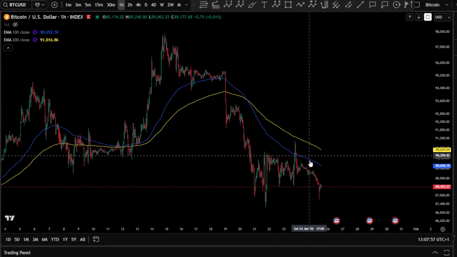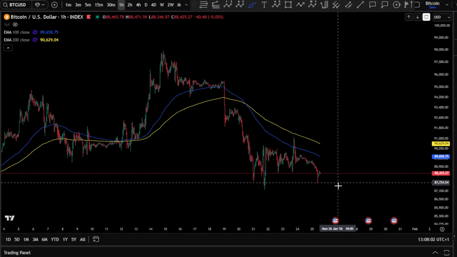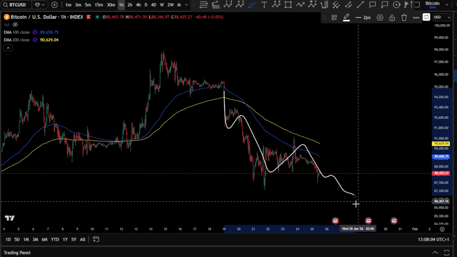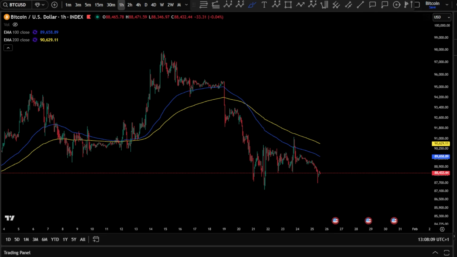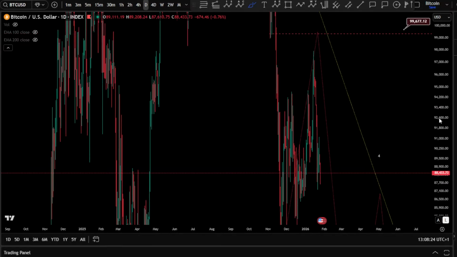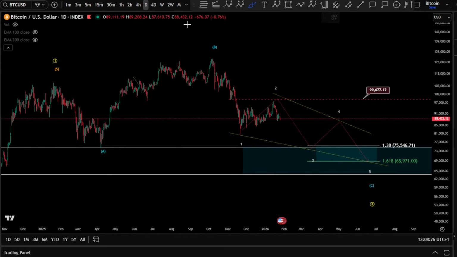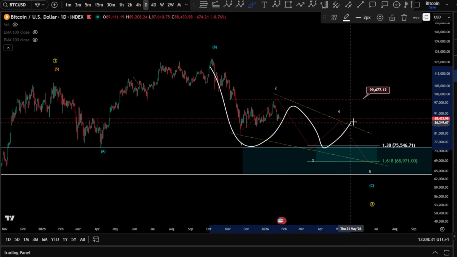Also on the 1-hour chart, the EMAs are still very open after a bearish cross. We can see that this is dropping impulsively, and we're still expecting a wave 5 to unfold toward the downside. So these are the indicators, guys. Obviously everything is still bearish, and we're still pushing for lower prices. And don't forget to watch the deep analysis from yesterday, because it shows exactly where we are heading. Very likely we are in this scenario on the daily as an ABC, and this wave C is an ending diagonal,